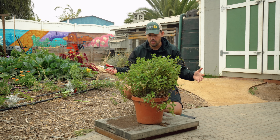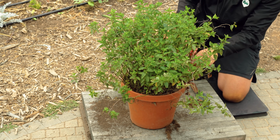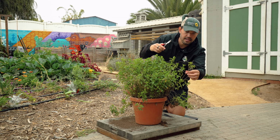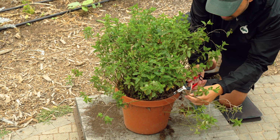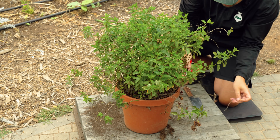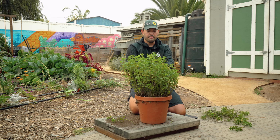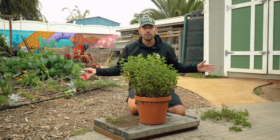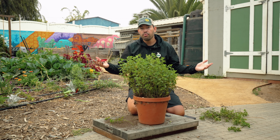So the first thing I'm going to do with a mint that is this large is I'm taking off anything that is dead, and I'm taking that off all the way down to the base. So something like this here, there's a little bit of growth, but it's not enough to write home about, so I'm gonna be removing that. So I could keep going here, but this is just a nice little light haircut that gives you a little more life on your mint,